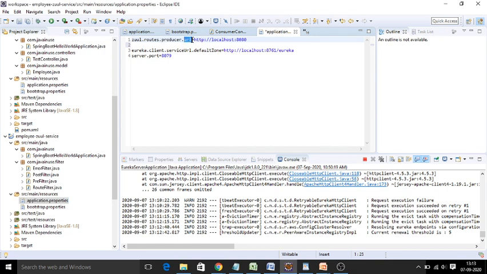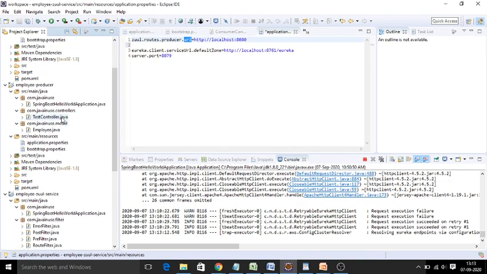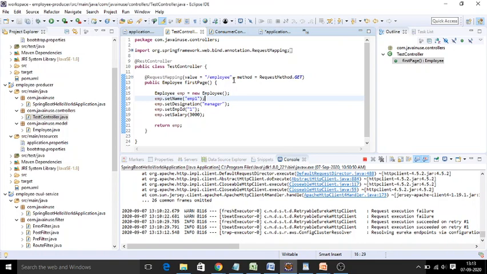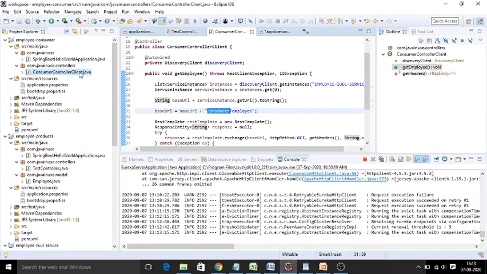And what is the URL you have for your employee service here? The service URL, as you already know, is employee. So now in the consumer application we will be configuring the API gateway URL.